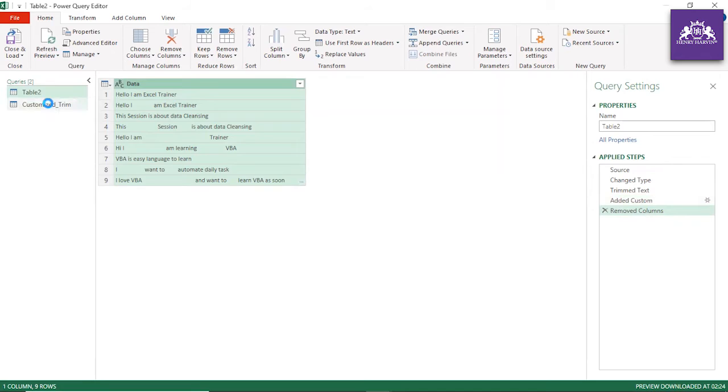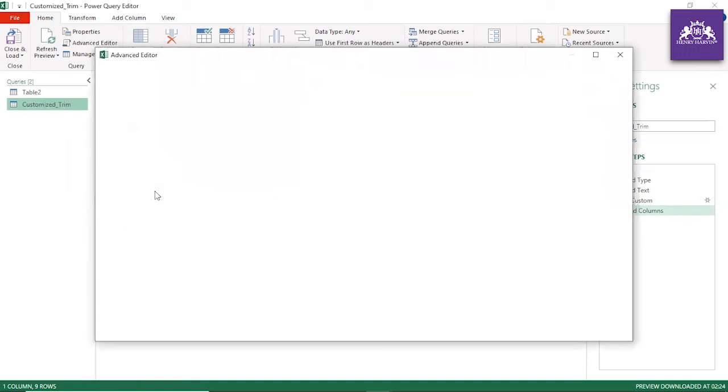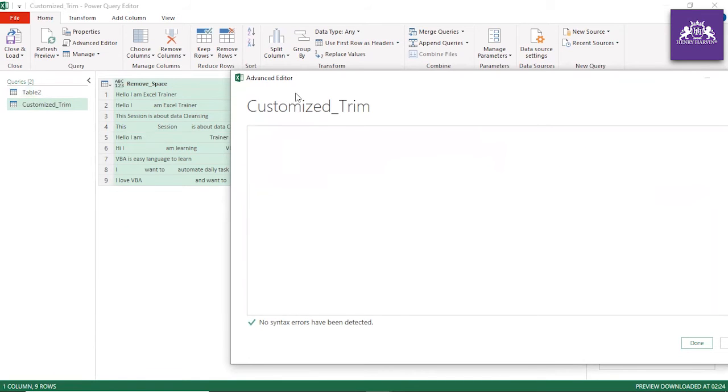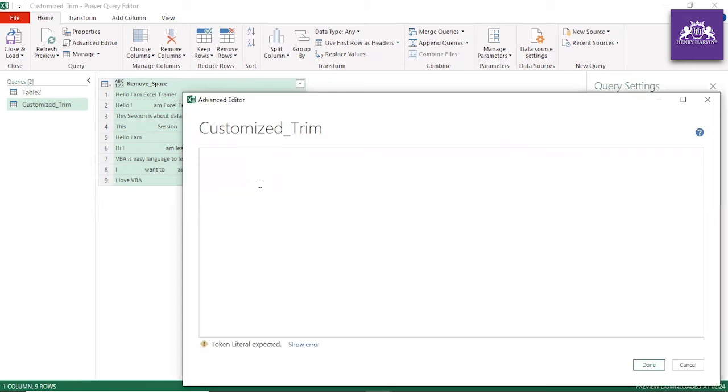So Data is the column, go there, and now click this and open the Advanced Editor. Here you have to remove everything. Since Data is the column, we can write (data as text) =>. Of course, data as text equal to greater than. Guys, when we start a customized function in Power Query, this is how you have to write it, equal to greater than.